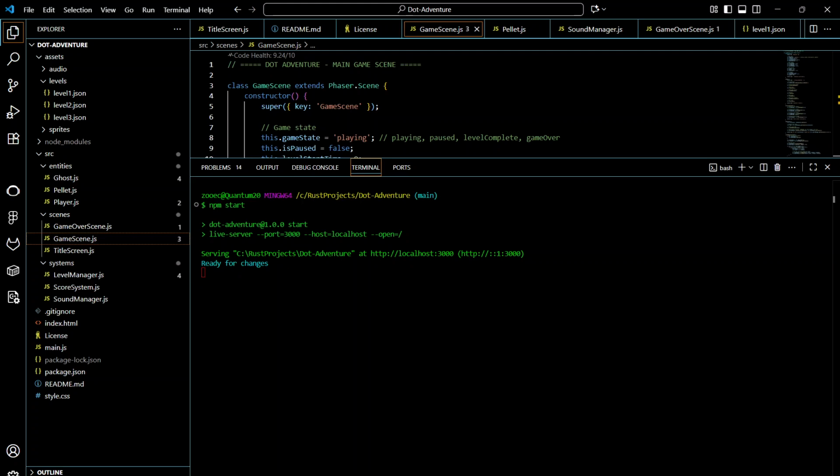Each ghost has distinct behavioral patterns, right? Blinky pursues Pac-Man directly, Pinky attempts to ambush by targeting four tiles ahead of Pac-Man's current direction. Inky uses a complex targeting system based on both Blinky's position and Pac-Man's location, and so on and so forth. So, implementing this in Rust allows us to leverage the language's zero-cost abstractions